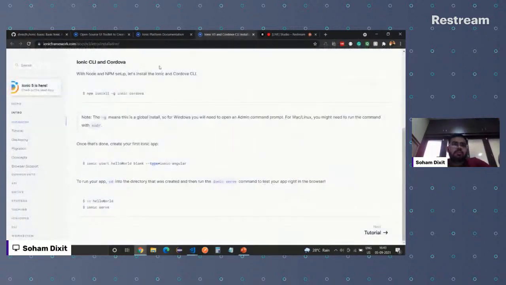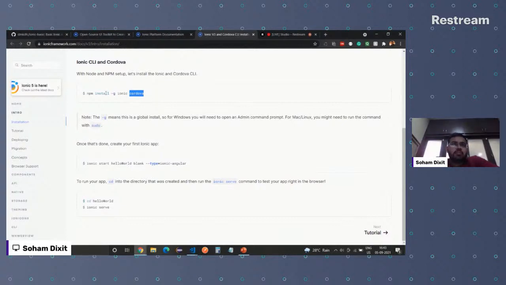And these are a few of the links. If you don't have Ionic, if you don't have Cordova, now what is Cordova? I told you we are going to have one code base which will be accessible across Android, iOS, as well as web. So Cordova acts as a wrapper. Whatever code you write, Cordova acts as a wrapper which converts the code into that particular native format.